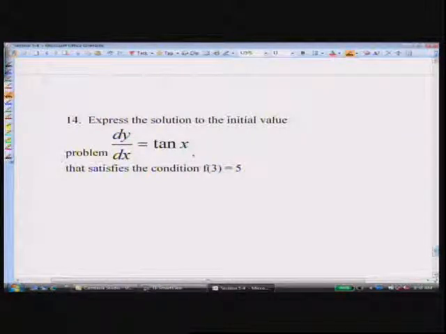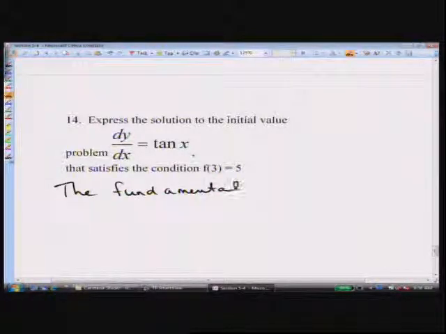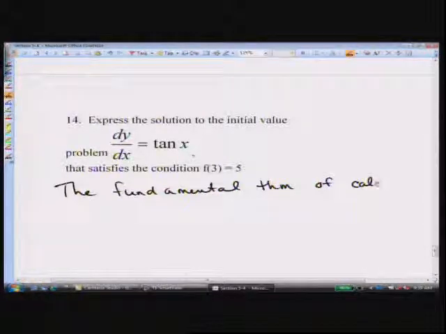Now, the fundamental theorem of calculus tells us that we can construct a function with the derivative